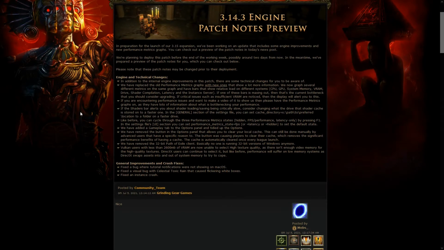Also, you can still cycle through the 3 performance metric states, which was hidden: the general starter one, FPS and performance, which just shows all, and latency only, which obviously only shows latency. So you can also set the standard one in the UI section. You have to fiddle a bit with the files, but that's pretty easy. If they give this option, I don't know why you cannot just get an option like that in game. But anyway, there's also a gameplay tab in the option panel and they tidied up the options overall,